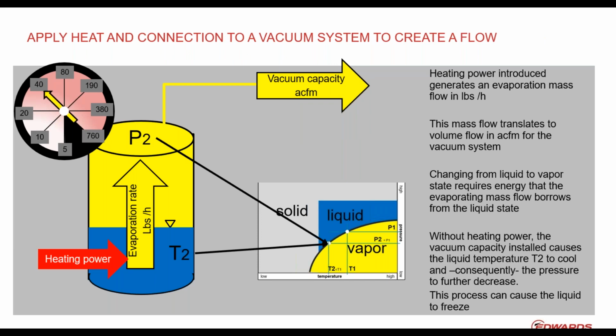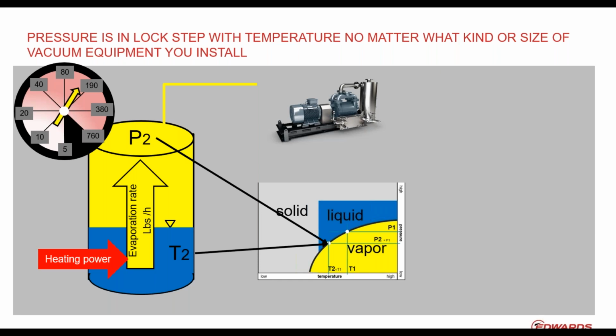Where this is going is the vacuum capacity in ACFM has a relation and is basically in harmony with the heating power that generates an evaporation rate. And I'll get back to this, but I wanted to explain the effect first. It's highly important for chemical processes like distillation and drying to understand where the effects are coming from, that you can see later. What that also means is, as long as your pump is not too small, which means